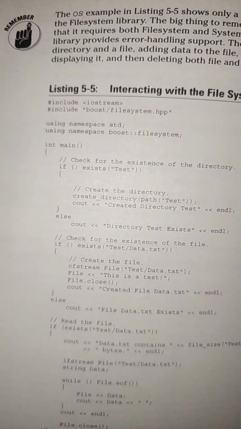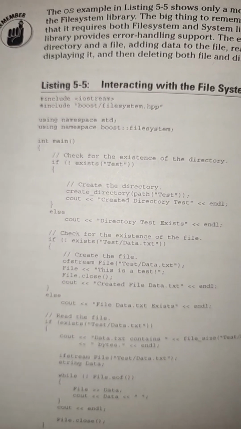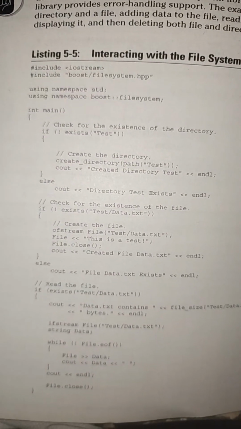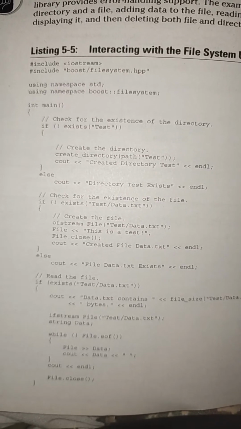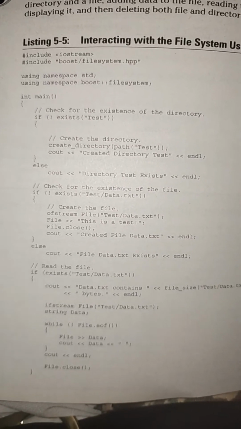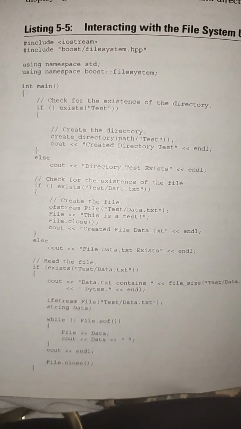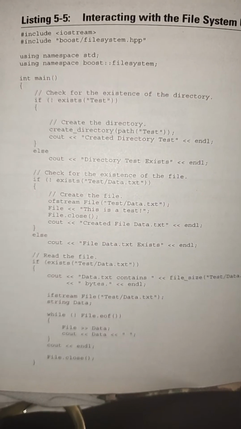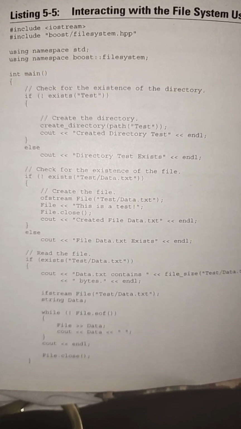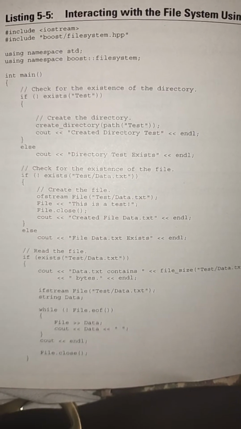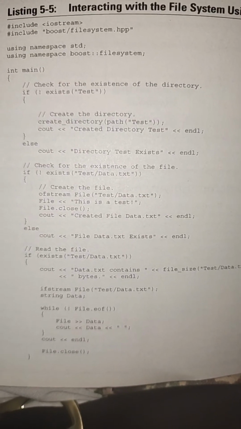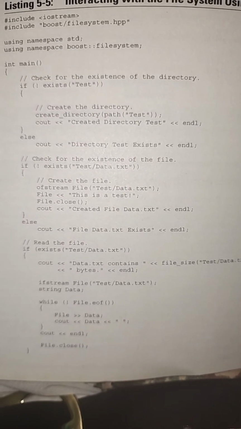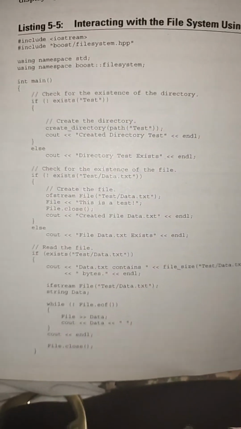#include <iostream>, #include <boost/filesystem.hpp>, using namespace std, using namespace boost::filesystem, int main. Check for the existence of the directory. If !exists(test), create the directory: create_directory(path(test)), cout << "Created directory test" << endl, else cout << "Directory test exists" << endl. Oh, I guess it means if it does not exist. All right, then